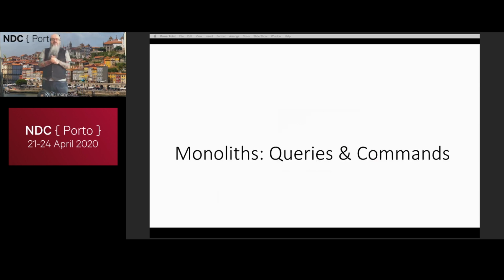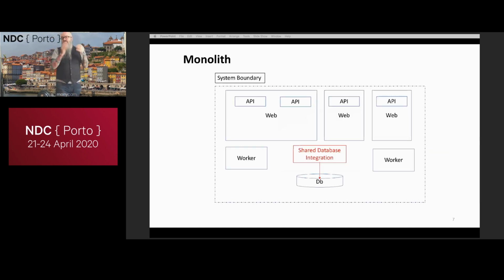All right, so the first thing we want to start talking about is what did the old world look like? Or for some of you, it still is the current world, right? So what is a monolith from my perspective? From my perspective, a monolith is really something where when we talk about deployment, we talk about deploying everything within the system boundary. Usually, the constraint that makes that thing the monolith is the fact that we have one shared database. And because a change to the schema of that database can ripple out to affect any number of actual components which talk to the database, then we end up with basically this idea of a monolith.